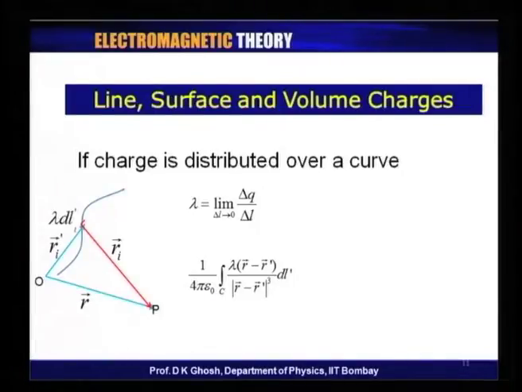In principle, this lambda could depend upon the position on that curve, but we have assumed that the charges are uniformly distributed. So, if you take a charge element or length element delta L along that curve, then the amount of charge in that line element is delta q, which is equal to lambda times the length delta L. So, one defines the linear charge density lambda as the limit of delta L going to 0 of delta q by delta L. Remember that in principle this lambda could vary from point to point, but for simplicity I have taken lambda to be a constant. This is not implied by this definition.